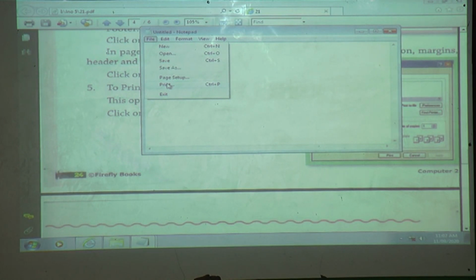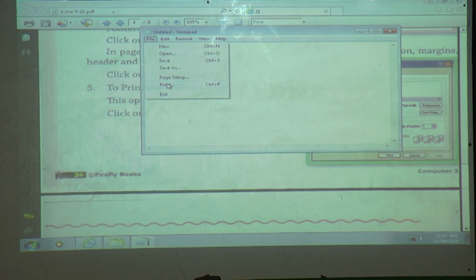Next one is print. The book you are using is not a handwritten book, right? It is written on a computer, and afterwards it is printed on a page by using a printer, right? We discussed the parts of the computer. What is the use of a printer?